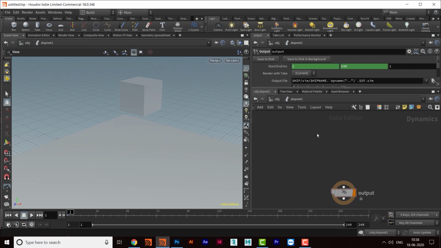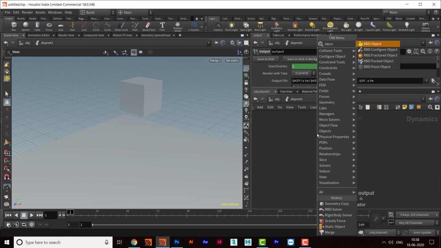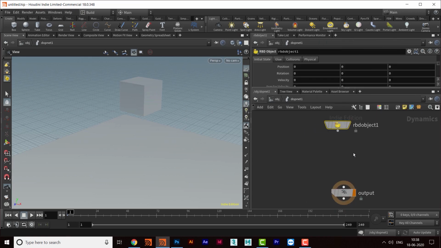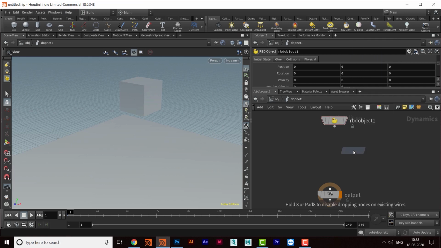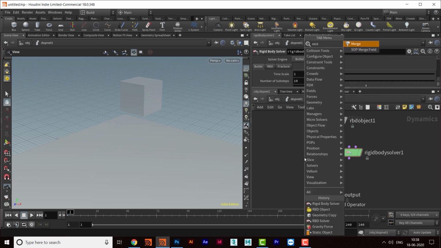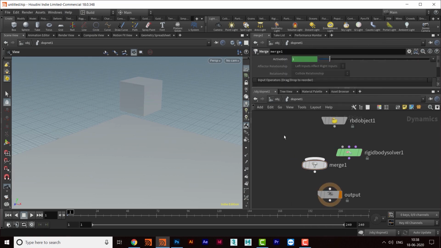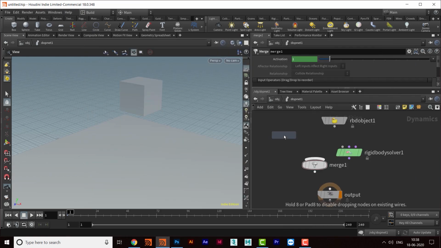Okay, so for active rigid body, we will take an RBD object. The other node I will take is the rigid body solver, and I'll take a merge, and I'll take a static object.